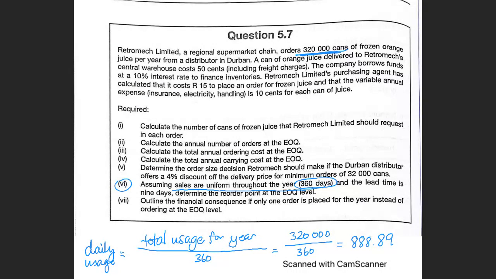Okay, perfect. So this was the usage per day. Then they said, assuming that the lead time is 9 days, determine the reorder point at the EOQ level. So the reorder point is calculated, as we saw just now, as the lead time multiplied by the average daily